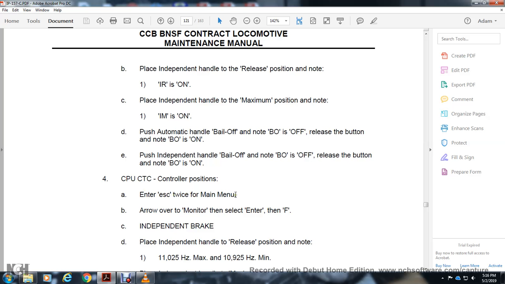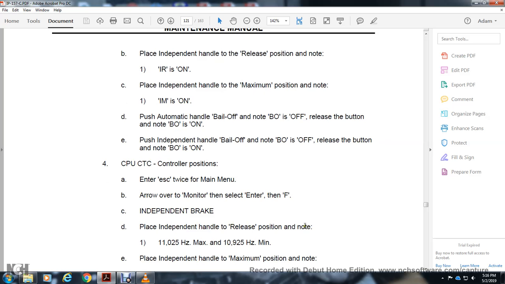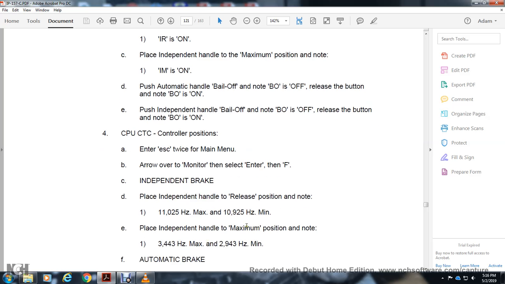Enter the main menu twice, then use the arrow to move to the monitor center and press F. Independent handle in the release position: 11,225 hertz maximum, 10,925 hertz minimum. Place the independent handle in the maximum position: 3,443 hertz maximum,